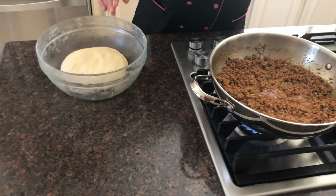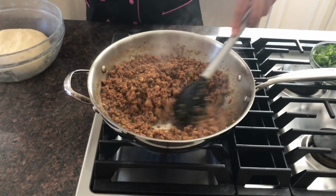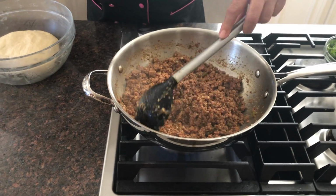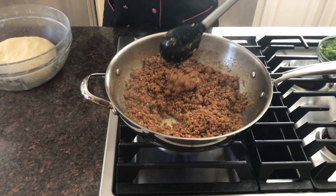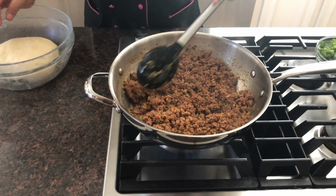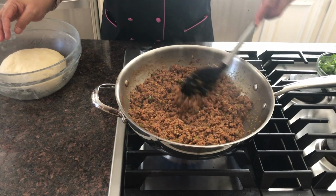And also you can see that our keema is getting ready. So I will take out the lid and I will let it cook until all this moisture gets dry. Probably another few minutes, and we have to let it cool down. So probably it will take another 10 to 15 minutes, and we will be back again to resume our session,